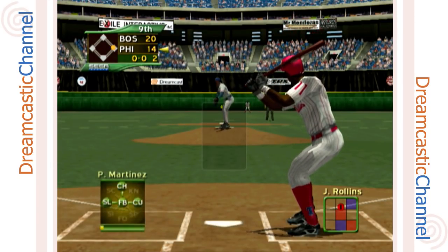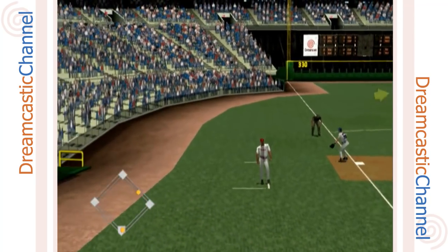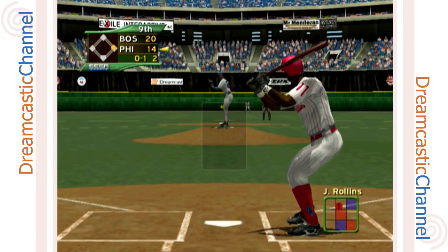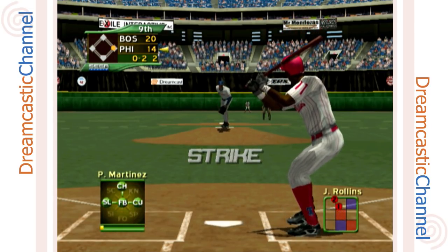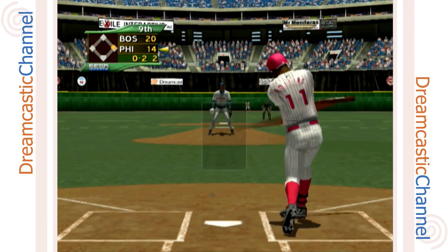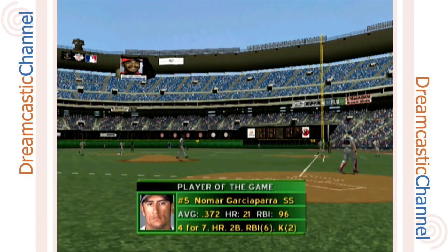Rose is the hitter. Right now he's 2 for 5. Fouled off to the left side and out of play. A runner on first with 2 outs. Strike 2. Couldn't get around that pitch quick enough. The Boston Red Sox win it as the